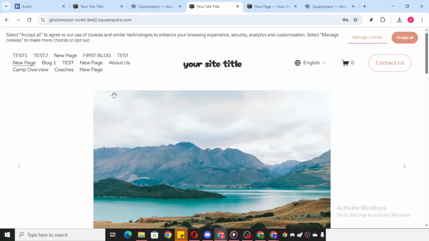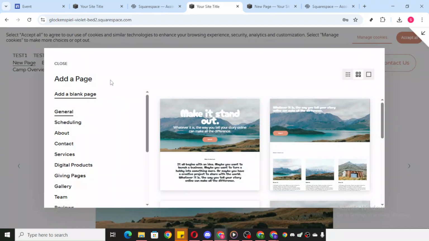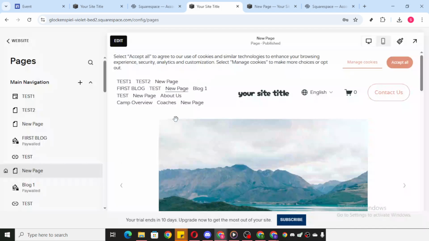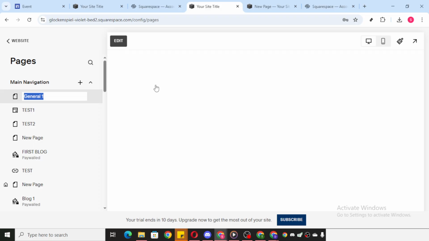Each is designed to cater to different types of content, allowing you to choose one that best suits your needs, whether you're showcasing products, posting articles, or sharing contact information. Once you've selected a layout that appeals to you, the next step is to click Edit. This is where you can truly customize your page, tailoring it to fit your brand's style and message. You have the freedom to edit texts, images, and more, making this a creative space where your vision comes to